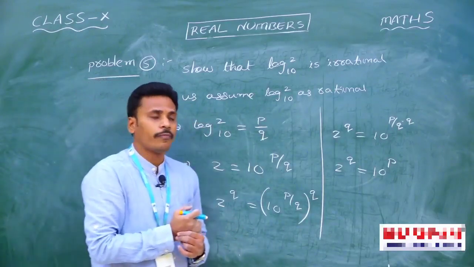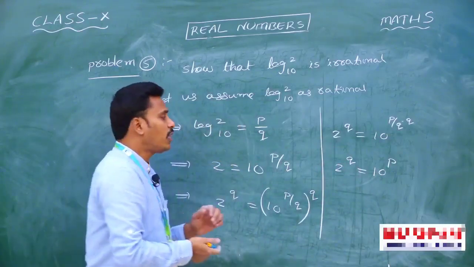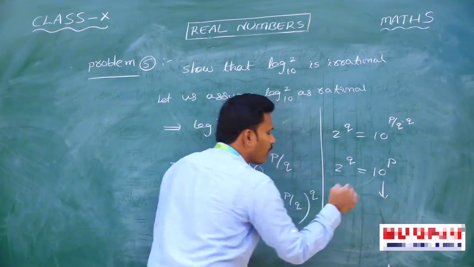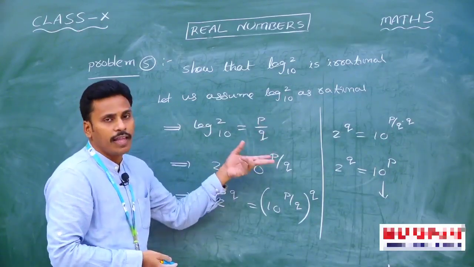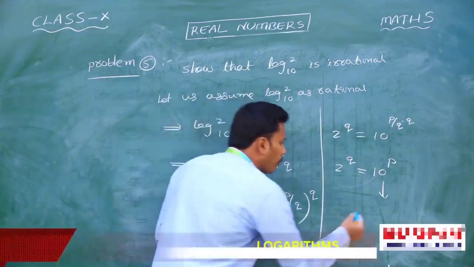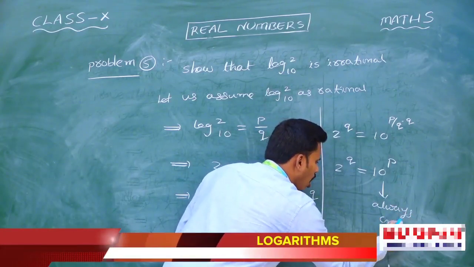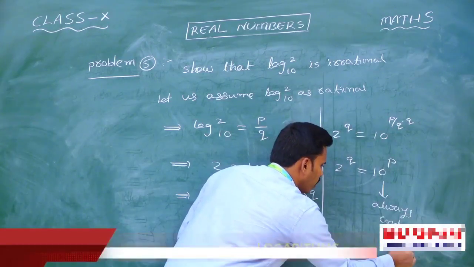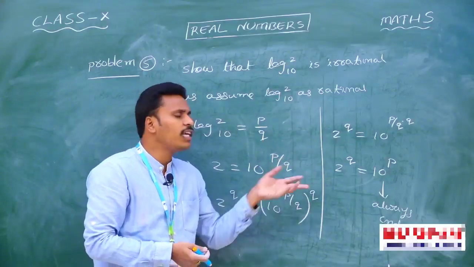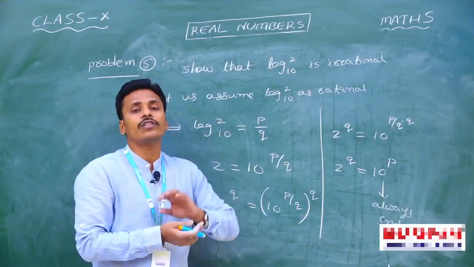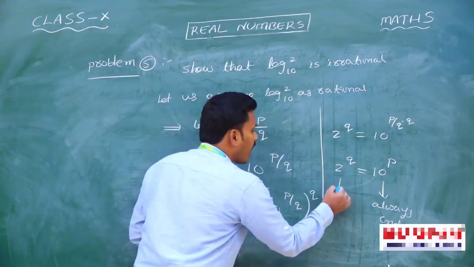Now look there. The left side is 2 power q and the right side is 10 power p. Here 10 power p is 10 power 1, 10 power 2, 10 power 3 and all these numbers, because in the rational form p and q are integers. So 10 power p always ends with 0. But if you look at 2 power q on the left side, whatever value you take in the place of q, it never ends with 0. Right? 2 powers can't end with 0.